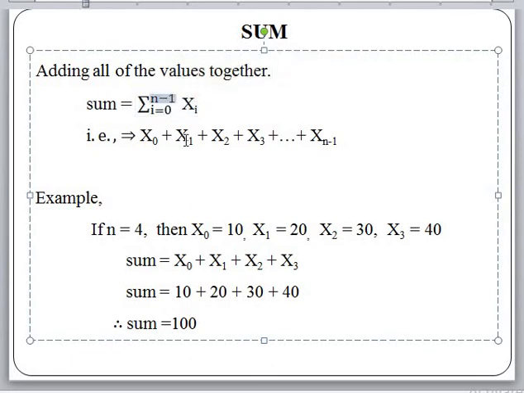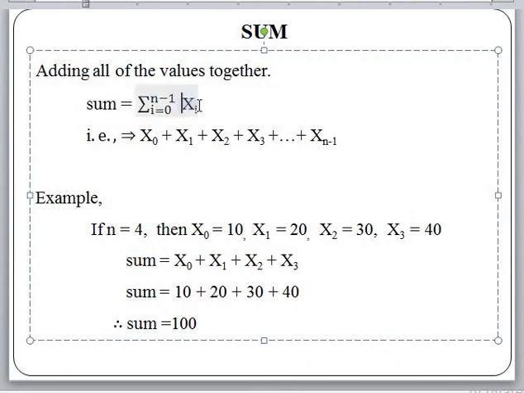Now in case I say there are 4 elements, the array elements are possible like this: x of 0, x of 1, x of 2, x of 3. So that's why we have n equal to 4. The last element position is n minus 1, that is nothing but i equal to 3.